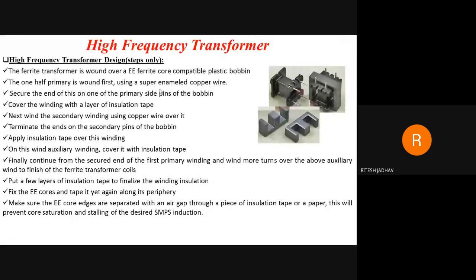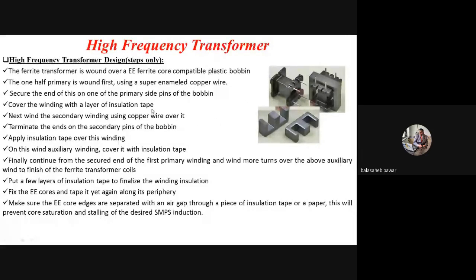No, sir. On it, some covering is there. Right. That covering is nothing but insulation. Correct? So that copper wire is actually insulated copper wire. Right. So it is insulated by using this enamel. Super enamel stands for what? It is a good insulator material. Okay, it's like our paint, right? So it is a good insulator, and that's why it is mentioned that the primary is wound first on that bobbin by using that super enamel copper wire.